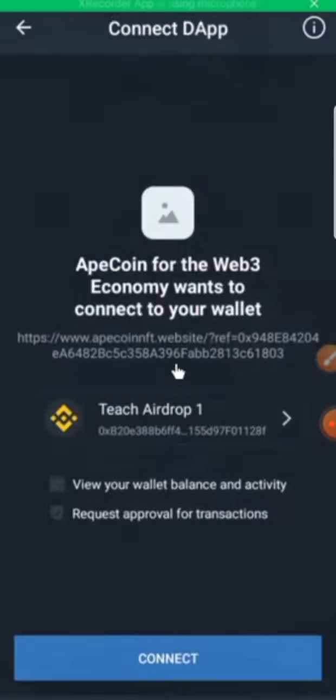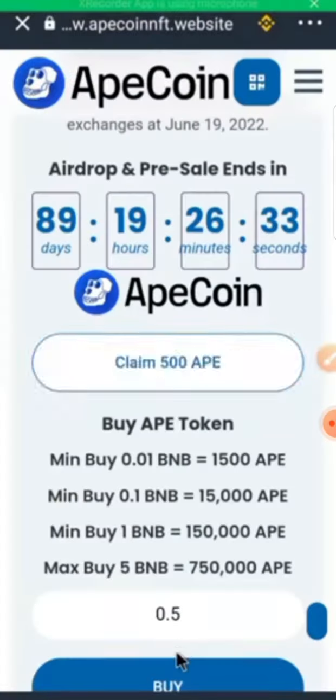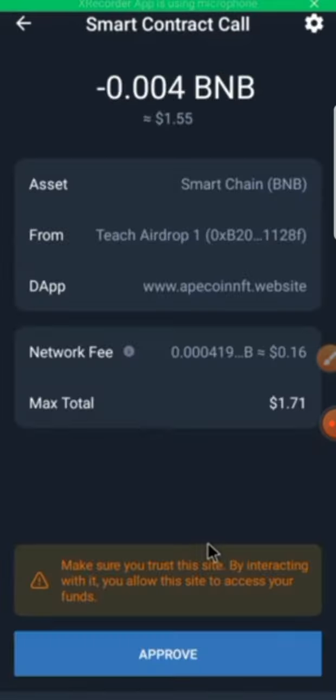So I'll click on this. It asks me to connect. I'm going to go straight and connect my wallet. It's going to initiate a smart contract call. Okay, if you come over here now,